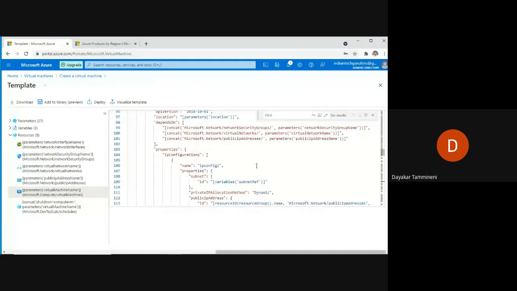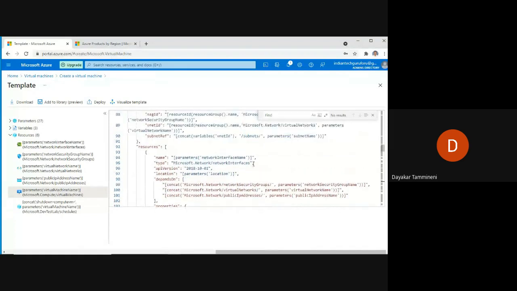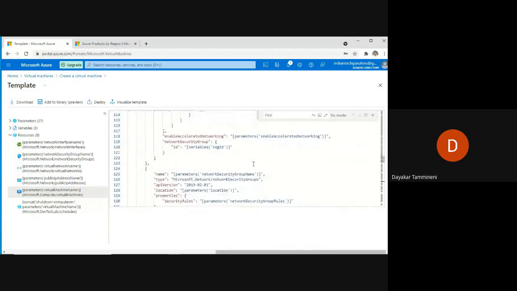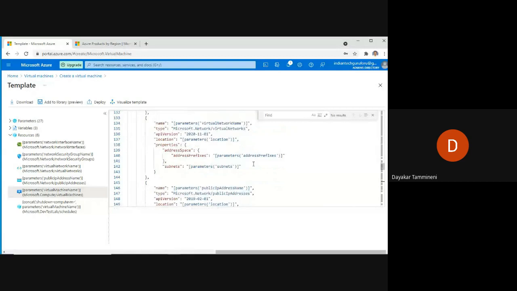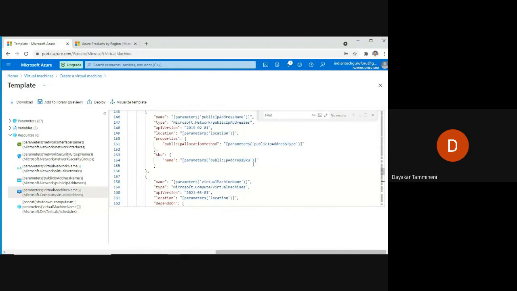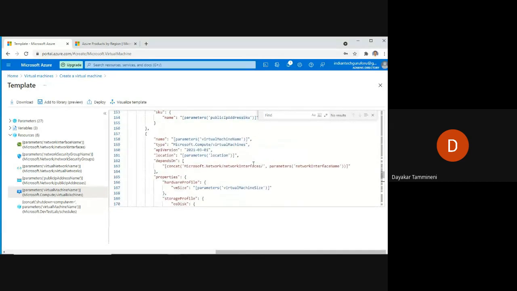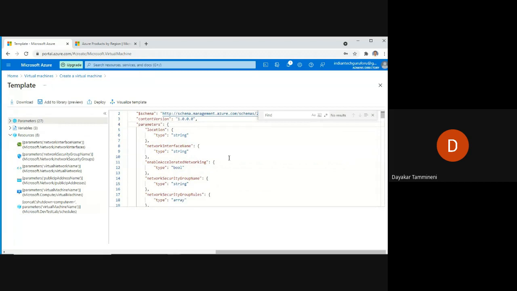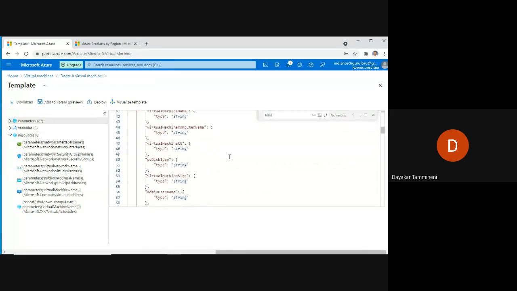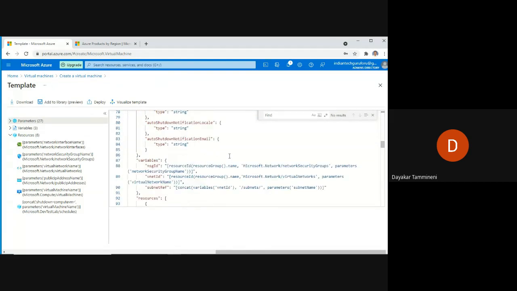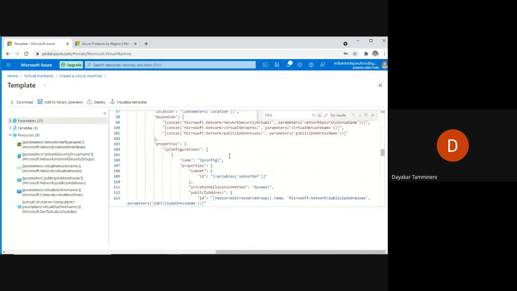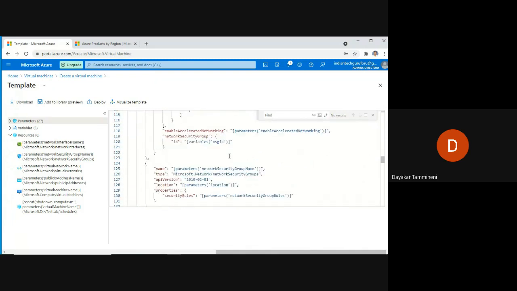Now let me change a specific parameter. For example, I want to change a specific parameter. Let me see. So click on parameters, and see what the different parameter values are.